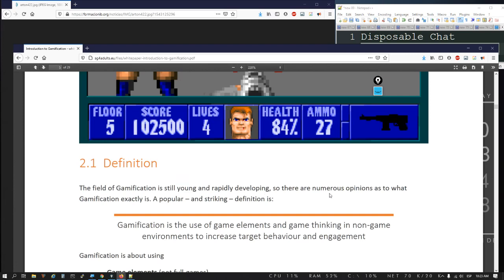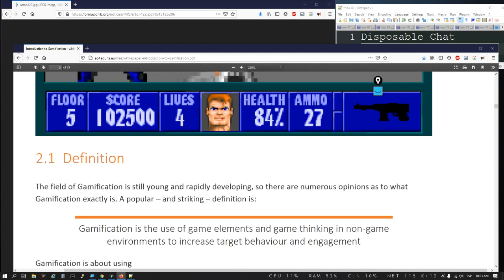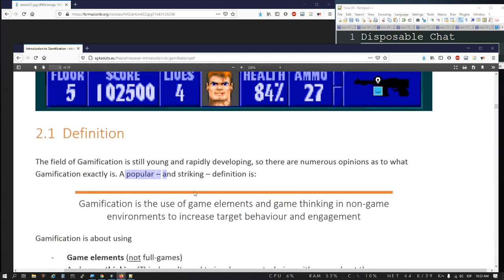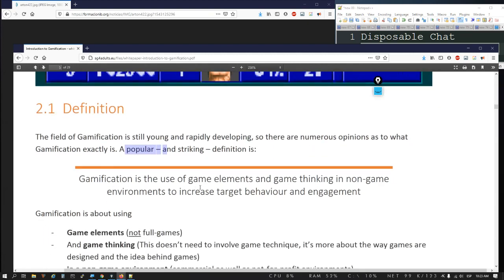So there are numerous opinions as to what gamification is. A popular and striking definition is, gamification is the use of game elements and game thinking in non-game environments to increase target behavior and engagement. So we are aiming at putting this in context for our students, and to know that they want something different